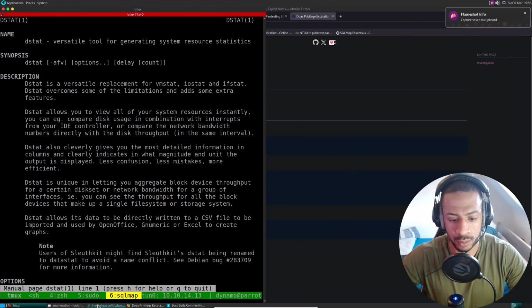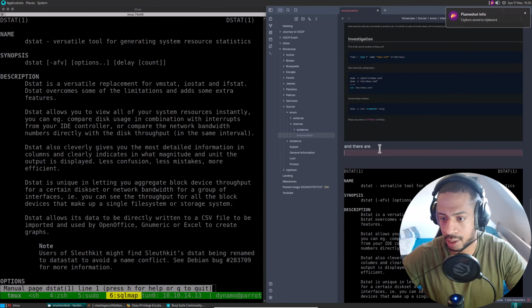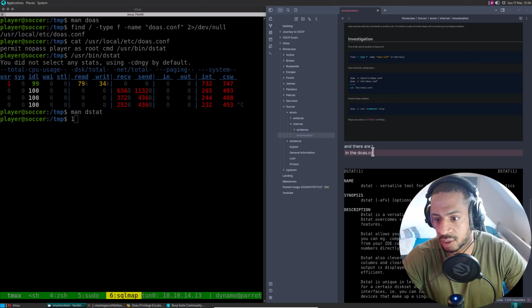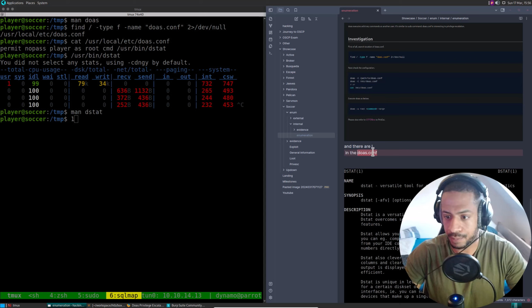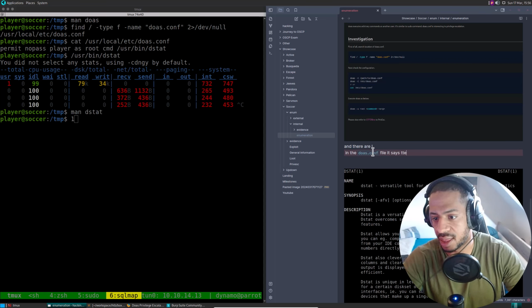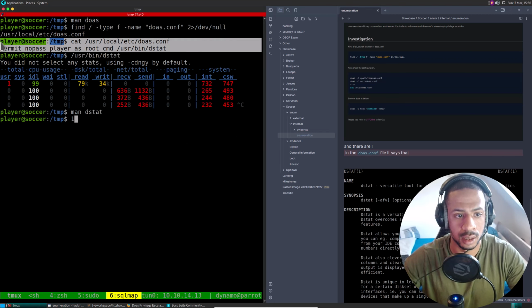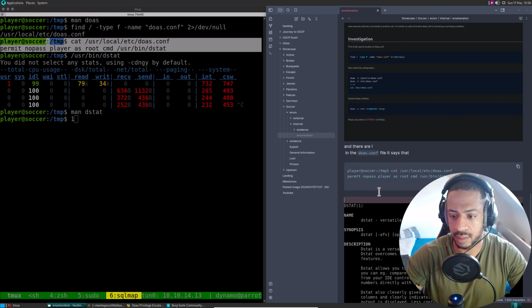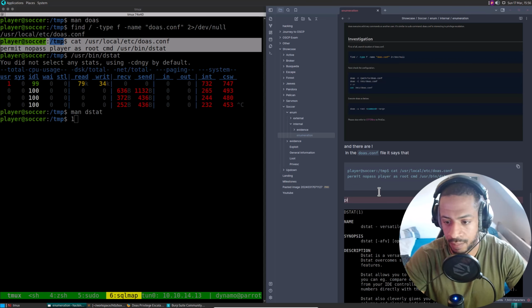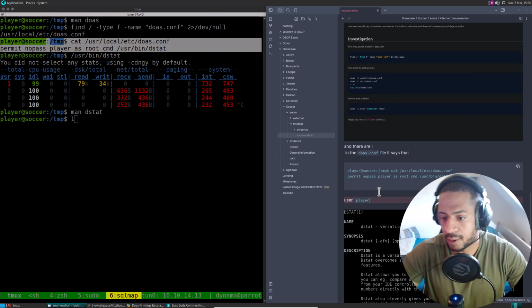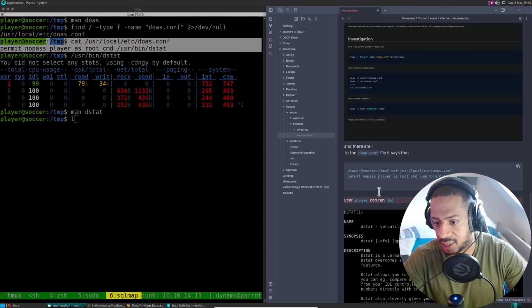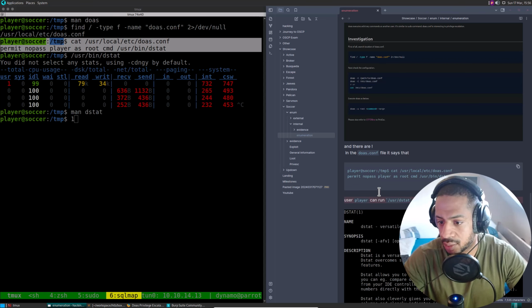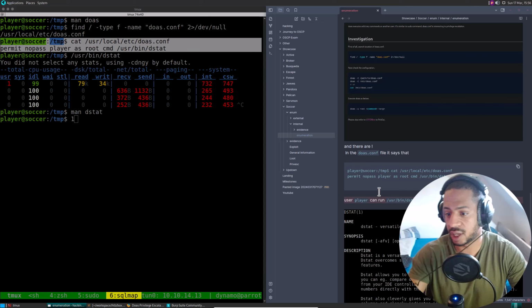So, first of all, in the doas.conf file, it says that user player can run /usr/bin/dstat as root, if I understand that correctly.